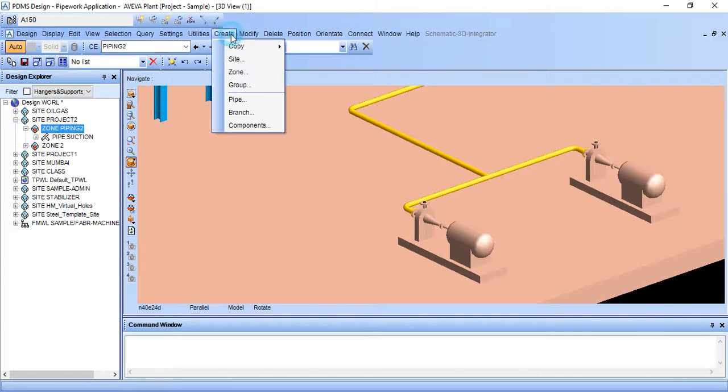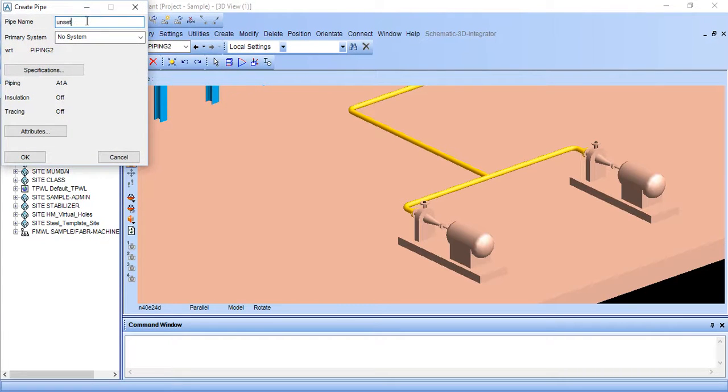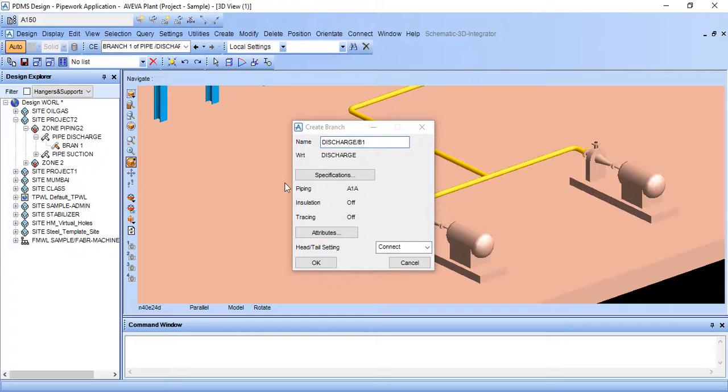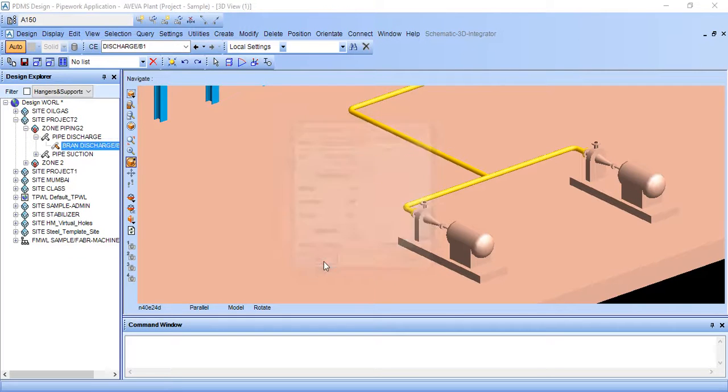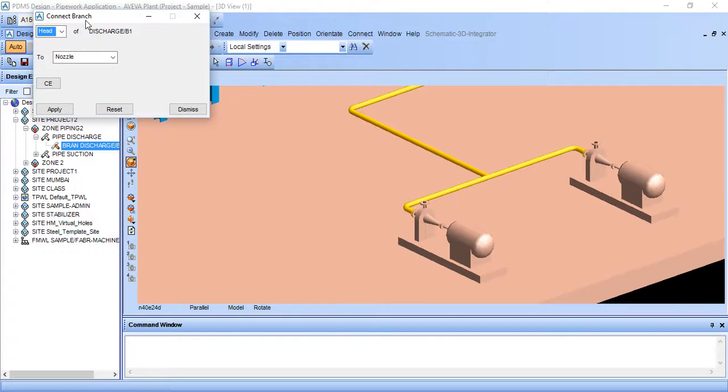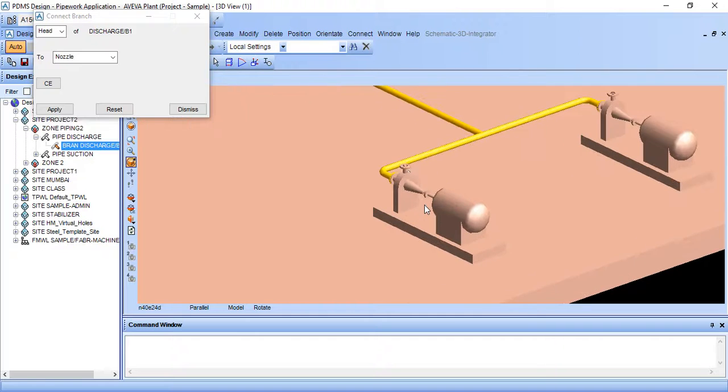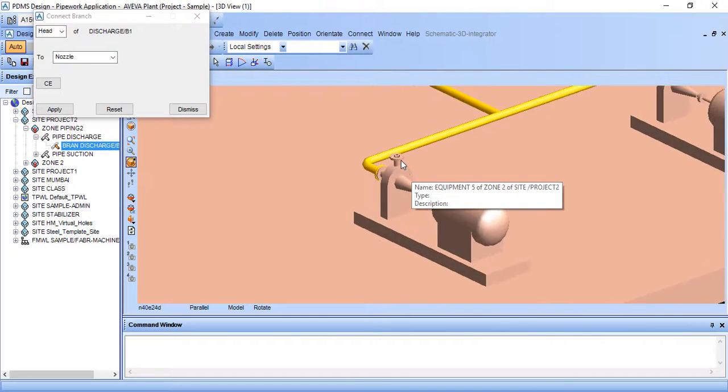Now I will create a discharge pipe. Just go to create pipe, and I am giving the name discharge.